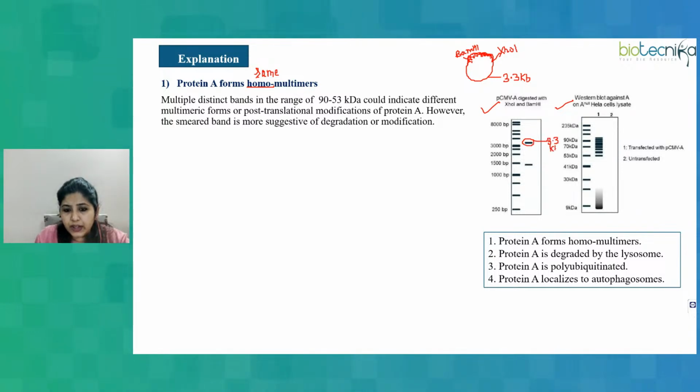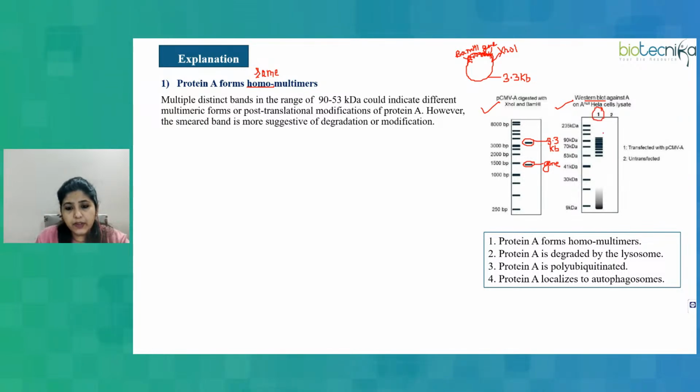And the other fragment we are getting is around 1500, so that means this is for the gene. Through this we got to know that this is the band for the gene, the fragment we are getting for the gene, and it is around 1500 base pair. And then if we analyze the Western blot,